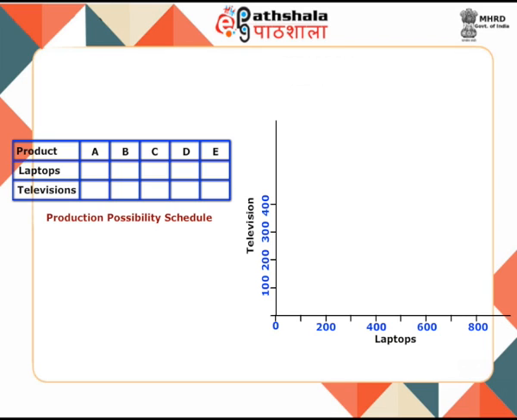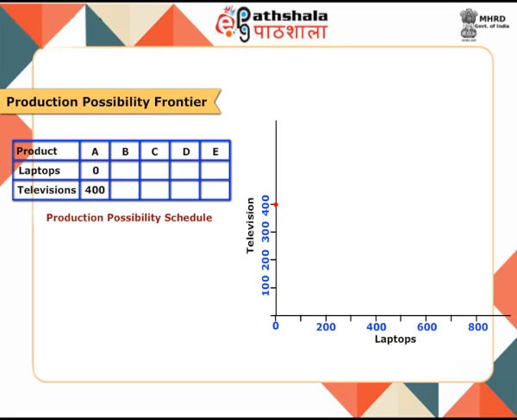The table depicts that with the given factors of production, if the economy chooses to produce 400 units of televisions, it shall not be able to produce any unit of laptop shown as production possibility A. Similarly, production possibility E depicts that the economy or firm chooses to exploit all resources towards the production of laptops, and thus it produces 800 units of laptops and 0 units of televisions. Between the two ends of the production possibility schedule, there are other alternatives available, that is, production possibility B, C,